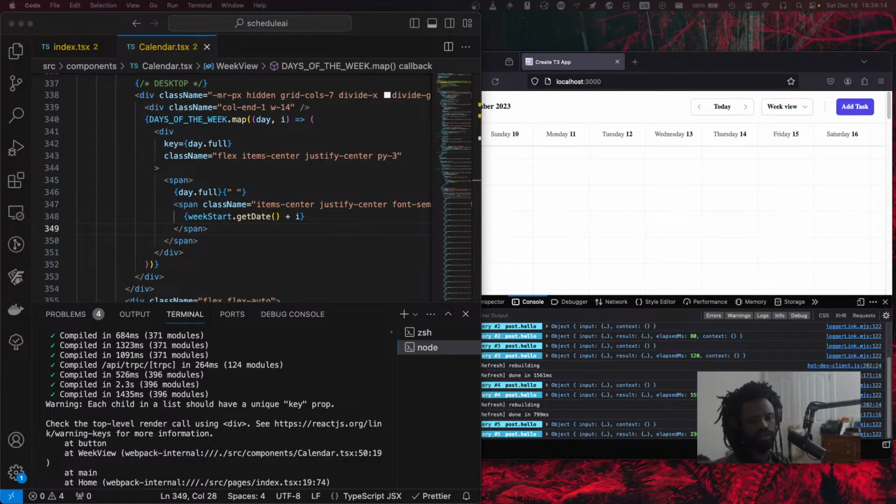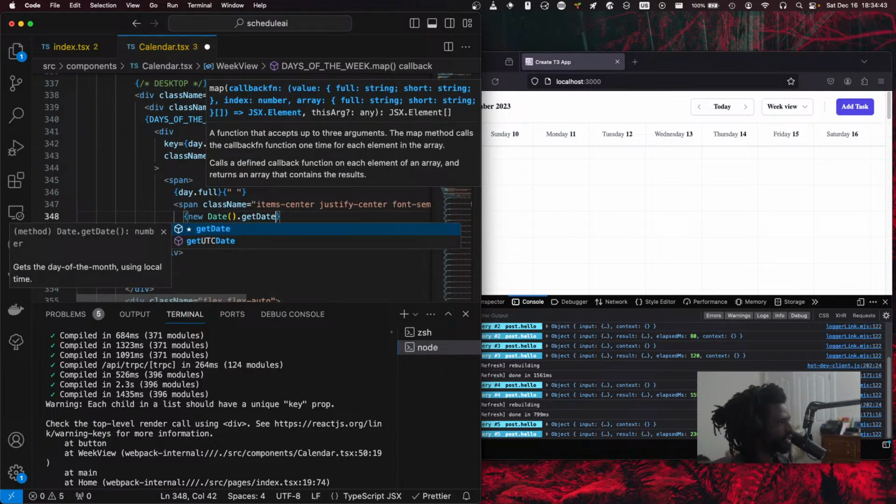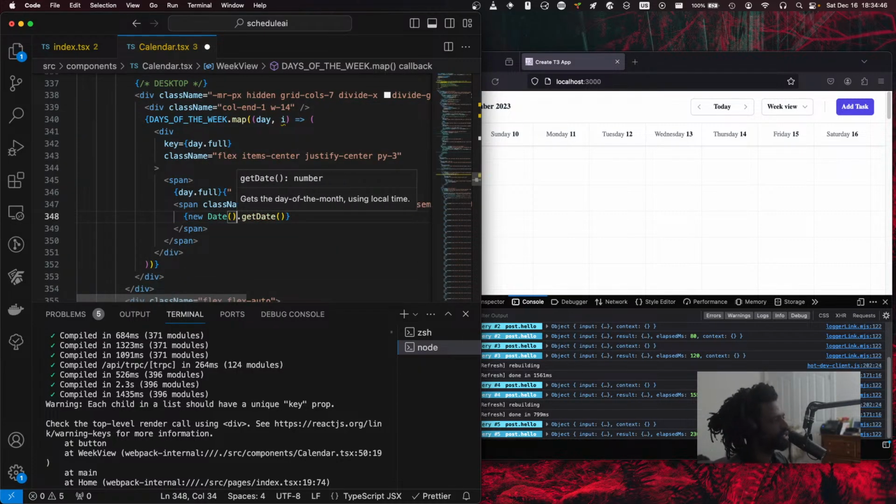I'm gonna ask ChatGPT how to add a day to a date inline. All right, cool. So you can do somewhat weird stuff by doing new date, and then we're gonna just return the get date, and we should be able to do this natively. So we just do plus I. Oh wait, we also have to say